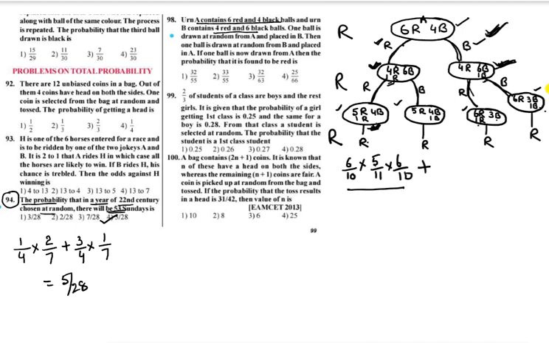Next what we are doing is red ball transferred, 6 by 10. Next black ball transferred, black ball transferring probability is 6 by 11. Next from this bag we have to get a red ball, that is nothing but 5 by 10, right? So what we did here: first red, next black, but from here we have to draw red. That is the second case.